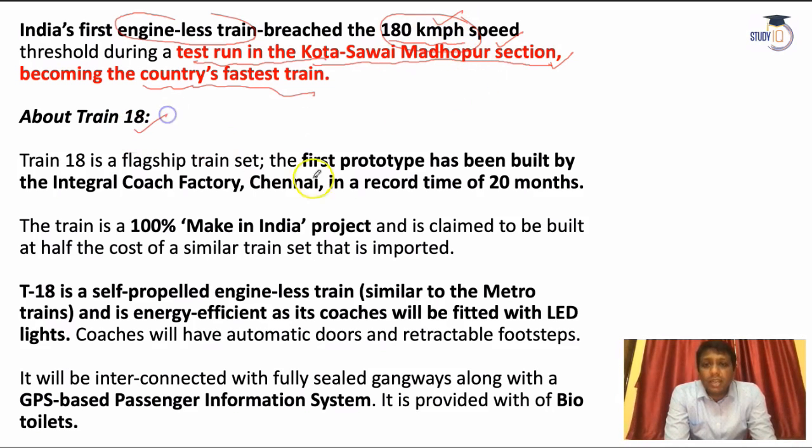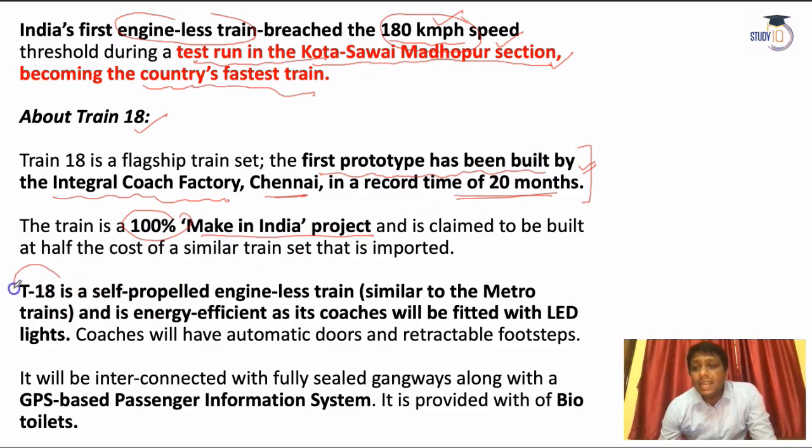What about Train 18, guys? It's a first prototype, built by the Integral Coach Factory, Chennai, within 20 months. It is the fastest train made in India, and it's a totally 100% Make in India project, no other country contributed. And T18 is a self-propelled